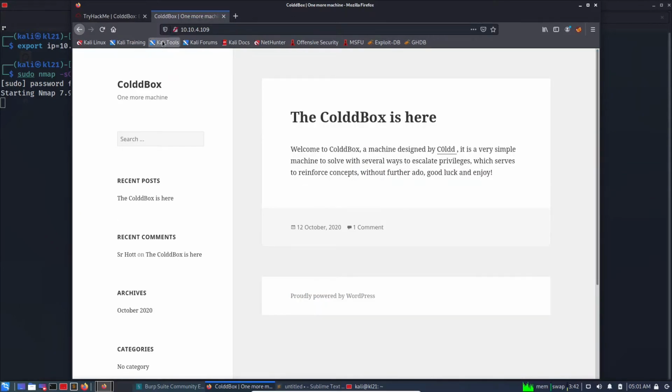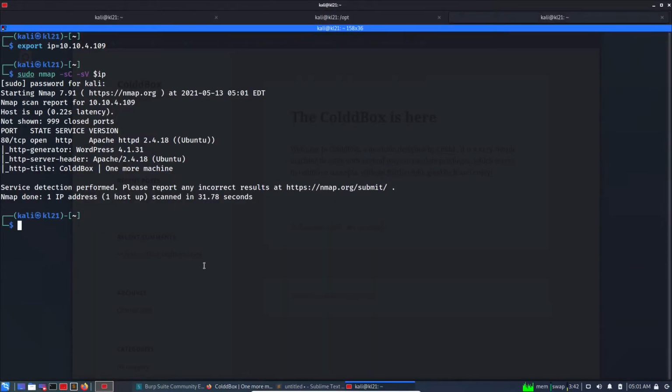Since we know port 80 is open, let's see if any other port is open. Okay, so there is no other port open apart from 80, and let's find out if there is any hidden directory hosted on this port 80. So $IP and the usr share dirbuster word list,